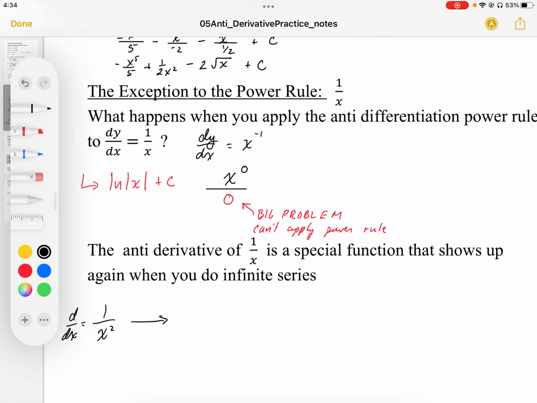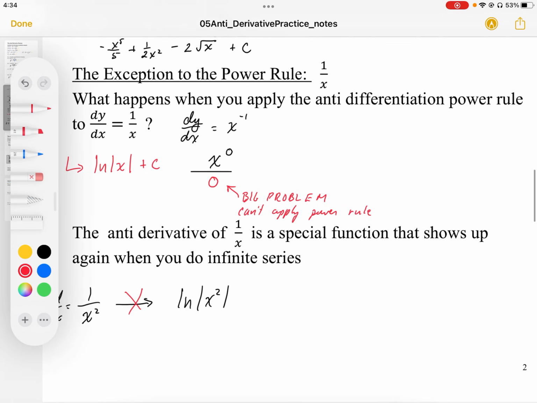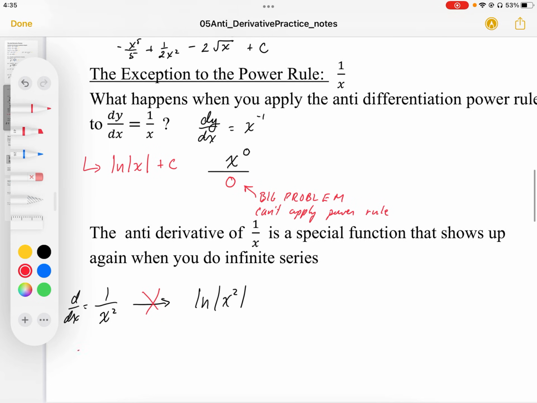This, we cannot do this with a log. Okay, this is a big no-no. We only apply the log when we have power 1. Okay, so when the power is not 1 in the denominator,